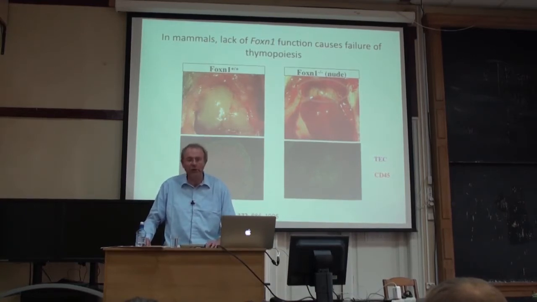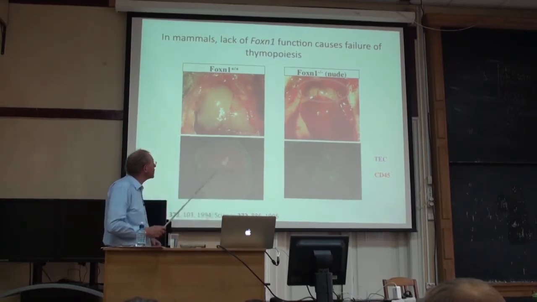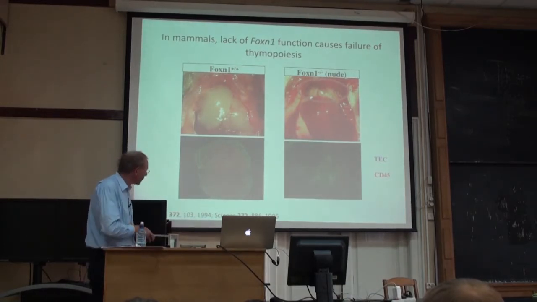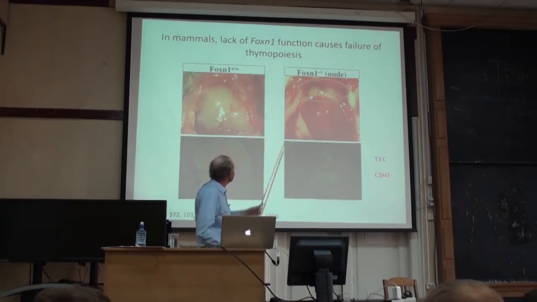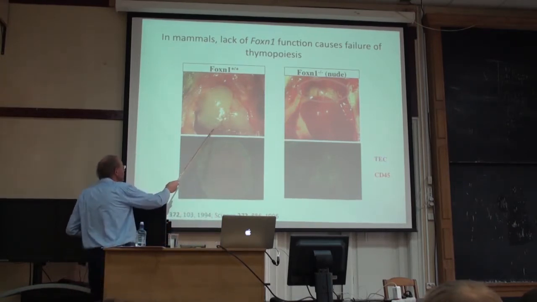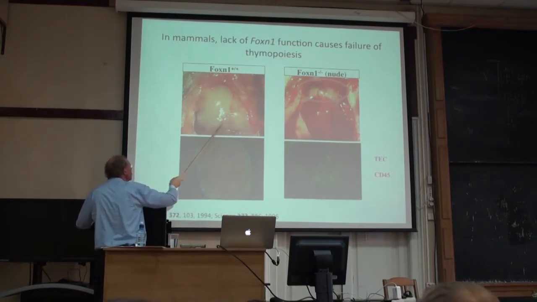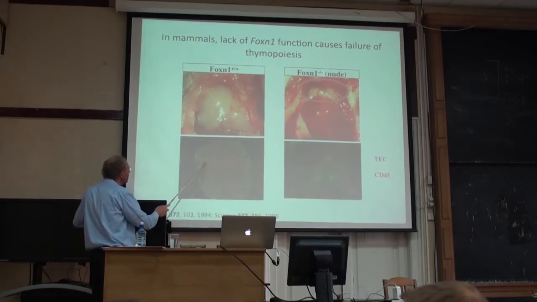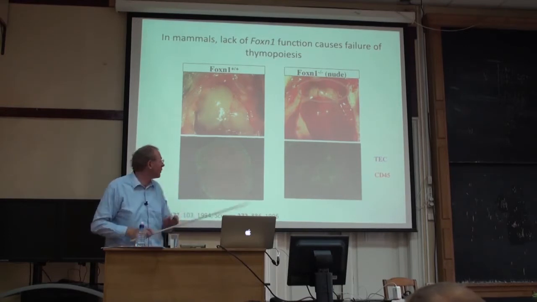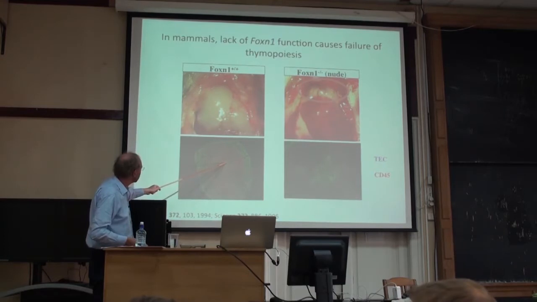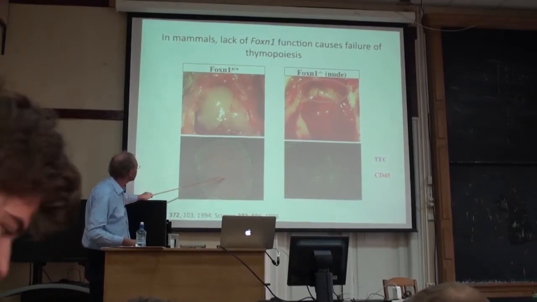But they were also used for a number of other things because they would accept basically any transplant, because they didn't have any T cells. And the molecular basis for this particular phenotype was traced to mutations in this transcription factor, this is now the official name for it. And when you compare, you can just about see it, when you compare the thorax of a normal mouse at equivalent stages, you see a big white tissue that upon histological analysis gives you this green and red pattern, green indicative of epithelial stroma, red of CD45 positive hematopoietic cells, that is T cells, so they are sitting in the thymus in here and developing there